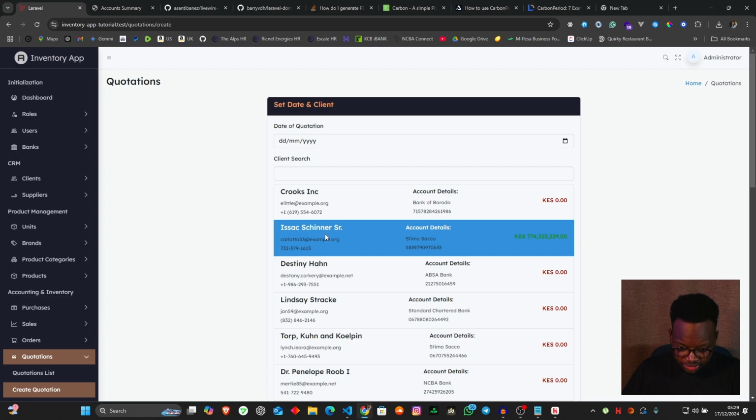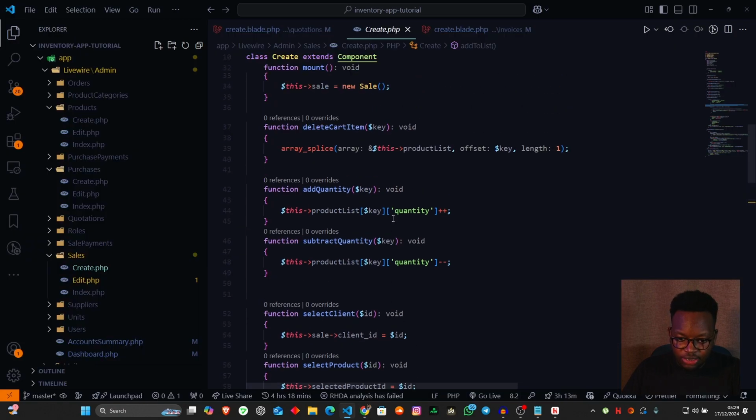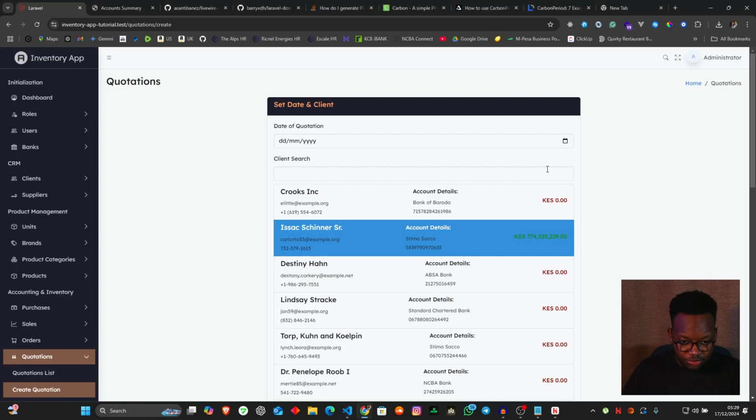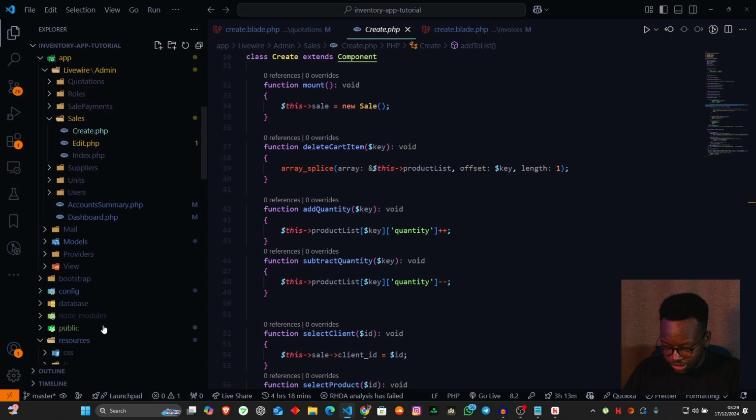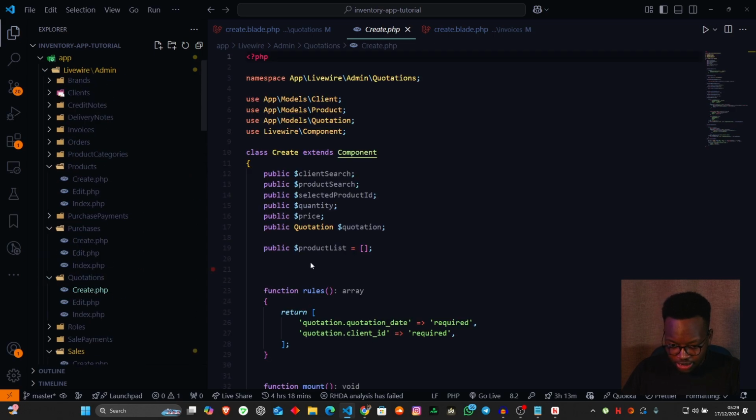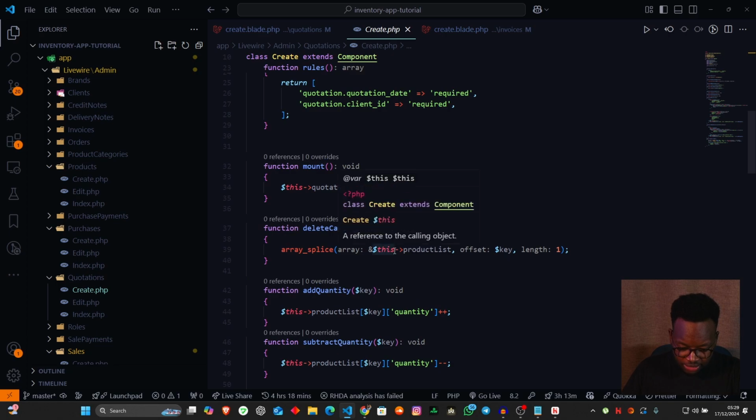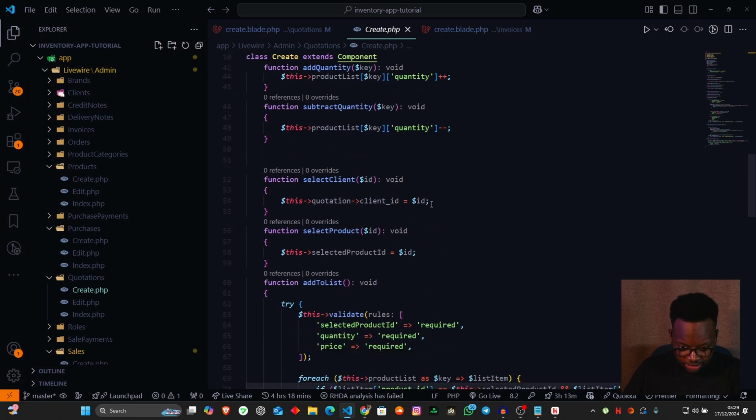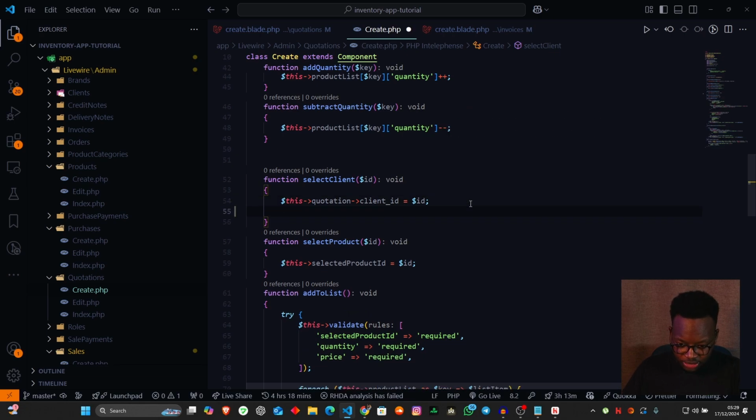Ideally what I want is if I click on this, then the client search should already automatically update with this. So what I'm going to do here is, now because we're in the quotation side of things, try it with the quotations first. So we'll go to quotations, create, and then where we have our select client, we have this quotation client ID. Then we'll come in here and say this client search is equal to this